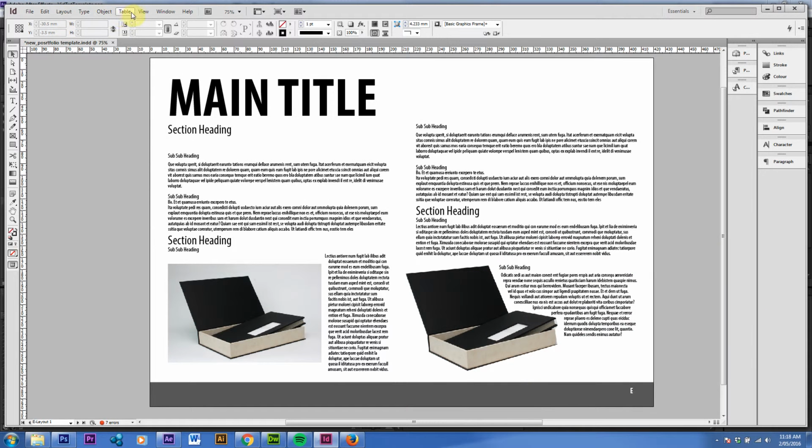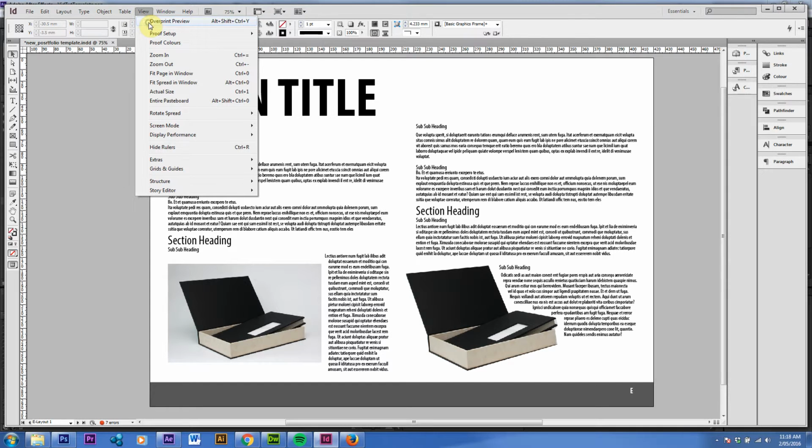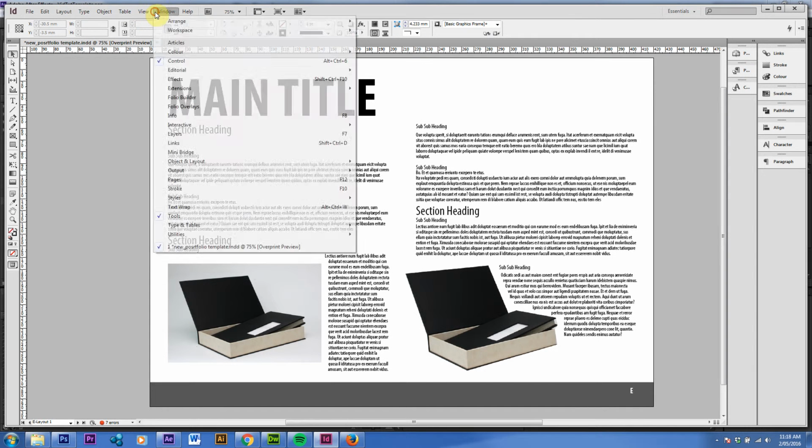You can either go View, Overprint Preview,